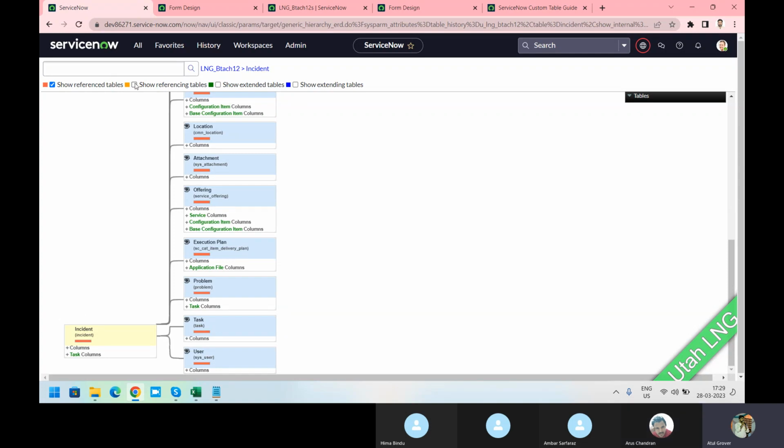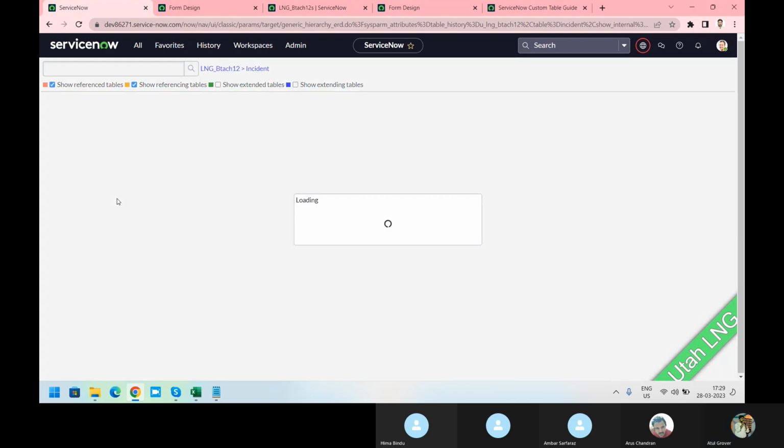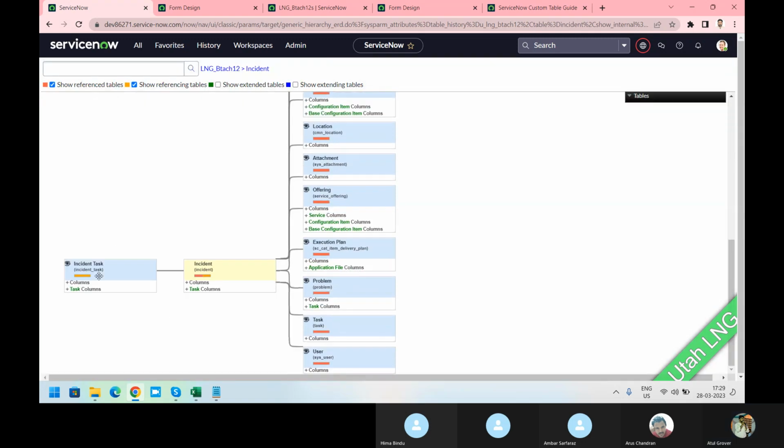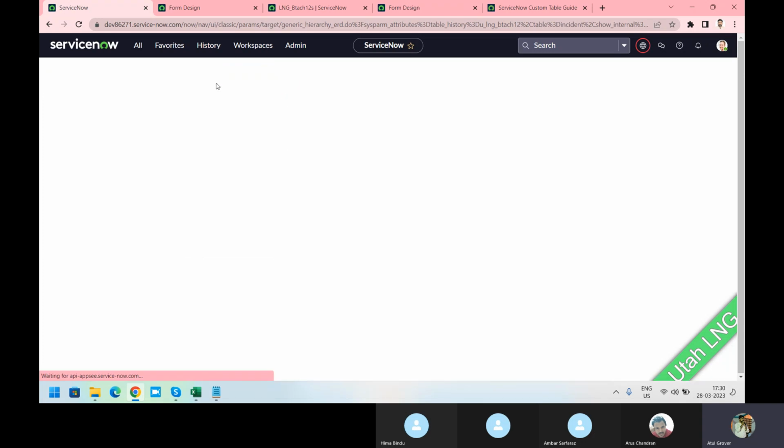So now task is not there, right? Let me add this as well. So now this one, it is this one, right? Orange. So it is a referencing table. It means this table is using the incident table somewhere. Right? And if you see this, show extended,